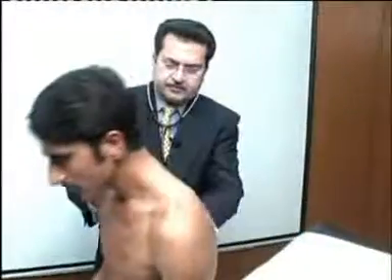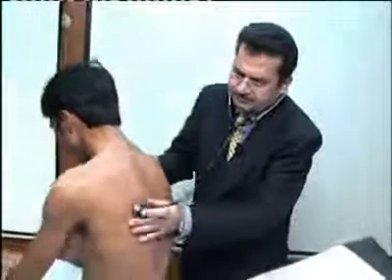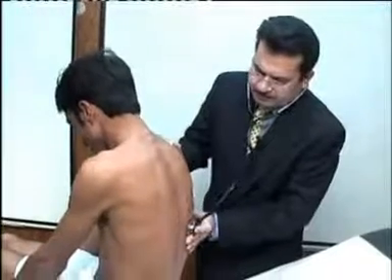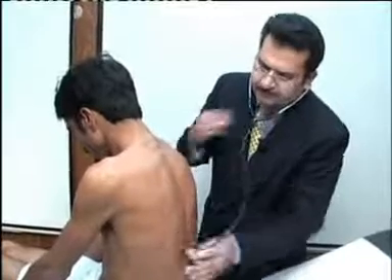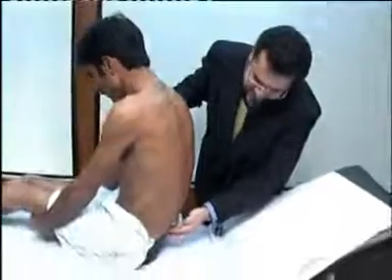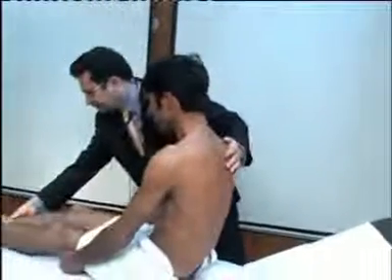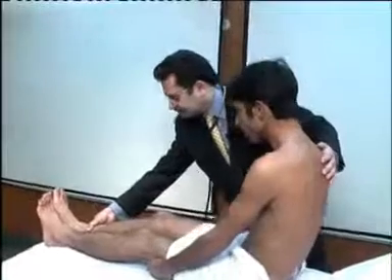And then we go on to the back to listen for any basal crackles. Then we look for edema at the sacral area, and we look for edema at the tibial area. And we conclude whether this patient is in